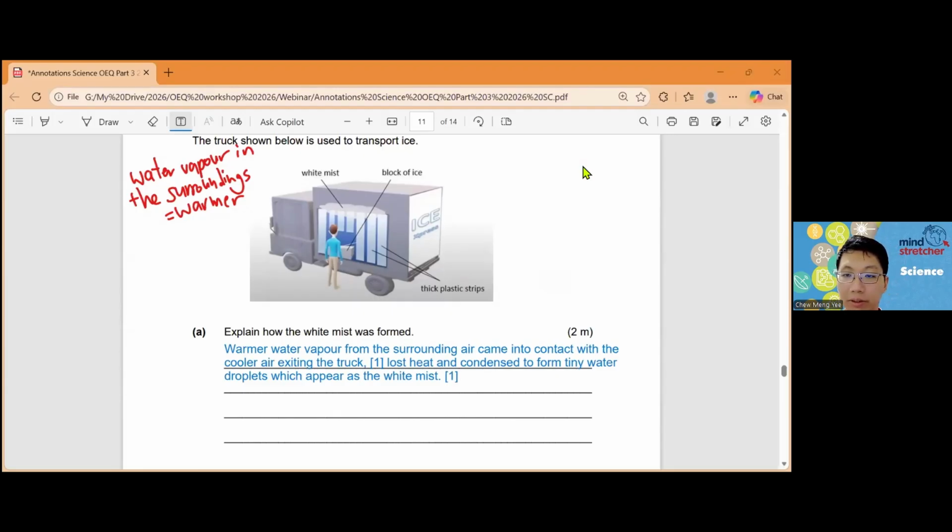Mist is liquid, correct. Condensation, yes. Is this a popular question? Now, like I said, condensation is a popular type of question. Be it this kind of ice trap, they have already tested a lot of different kinds of questions on condensation. Every year, all the school papers, all the test papers, all the PSLE papers, all have different kinds of questions testing on condensation.